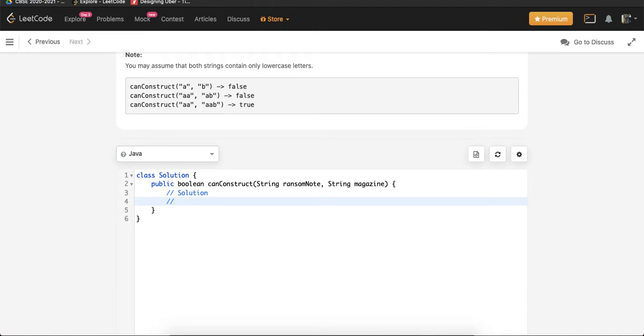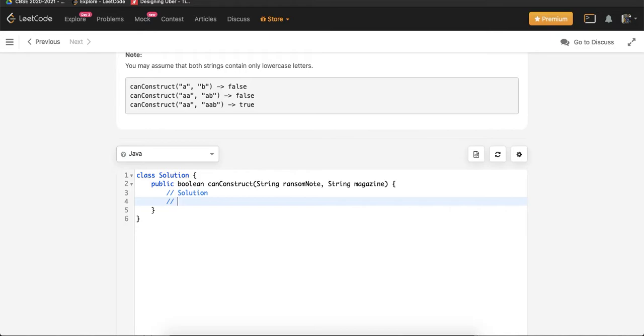If the frequency of each letter in the ransom note string is less than or equal to the frequency of each letter in the magazine string, we can definitely construct the ransom note string from the magazine string. Right? So what is solution one?